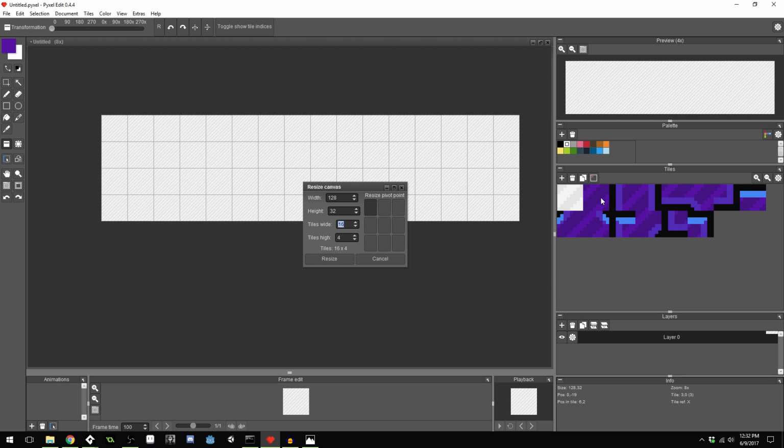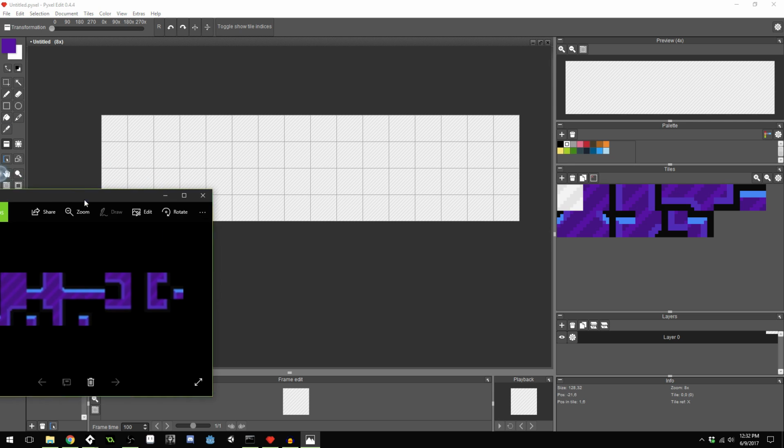It doesn't matter what size these tiles are, this is going to be the size that you have. But let's say your tiles were a different size, like instead of 8 by 8, they were 32 by 32. It would work exactly the same. You'd still go 16 tiles wide and 4 tiles high. Then you'd press resize, you'd get something like this. Now you have to remember that this first square right here always has to be empty. And start imagining these 4 by 4 areas as a single square,